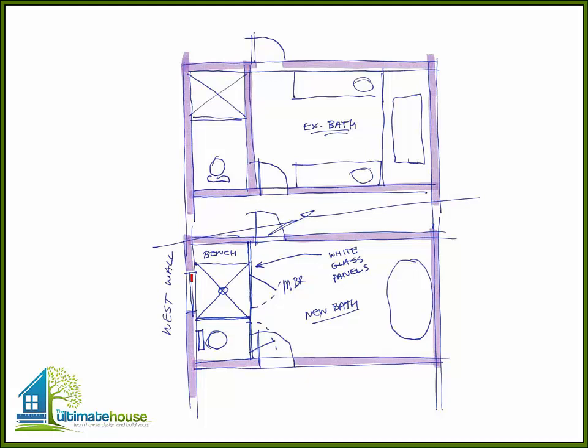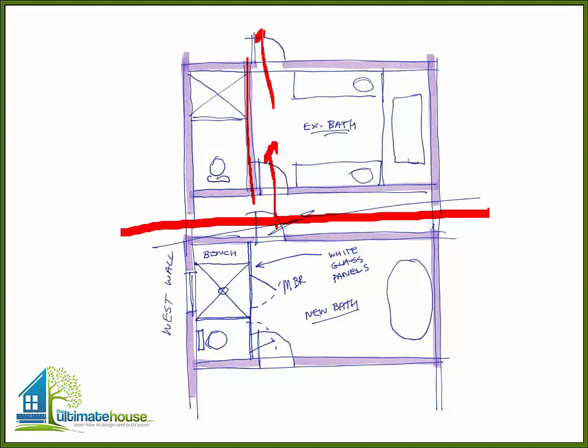So the job started off with a couple of sketches I did for ideas for the master bathroom. The existing master bathroom had a toilet and tiny little shower behind a solid wall, and you entered from the master bedroom in this direction. This is the master closet back here, but it had some basic countertops and an older style tub deck and tub. And I came up with the idea of taking this wall out entirely and replacing it with translucent glass